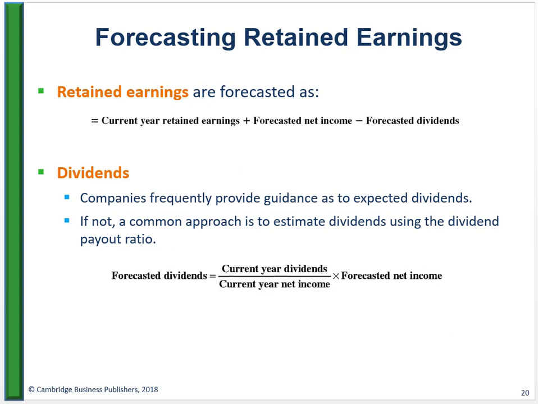Retained earnings is a similar story. We're going to take retained earnings from last year, add net income, subtract dividends. We typically know what dividends are. Companies try to keep their payout ratio constant. So monitor that, and if there's an expectation that dividends are going to increase, you will probably know about it because management teams oftentimes forecast those. If dividends are going to decrease, which would be a cut in dividend, that's almost always a surprise